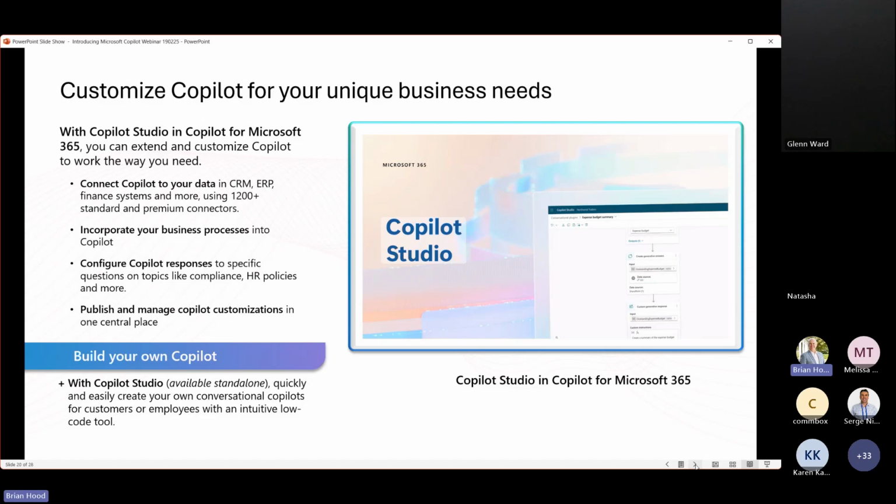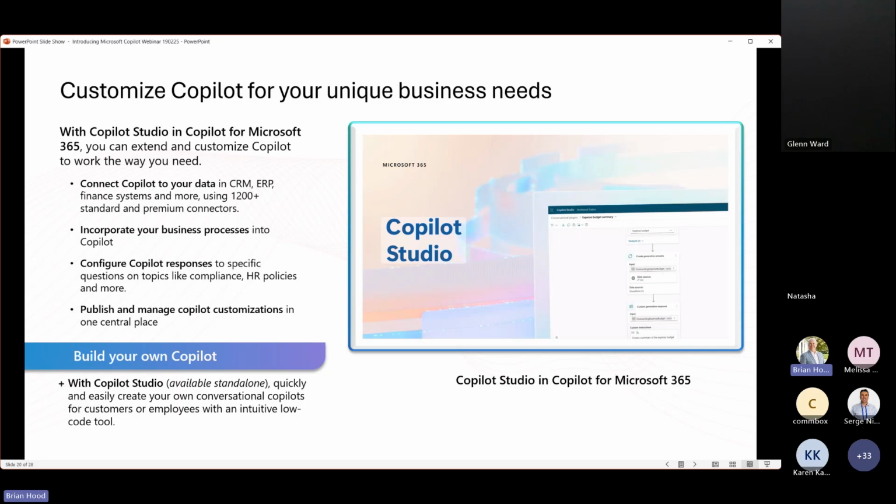So we've got over 1,200 standard and premium connectors to various CRMs and ERP packages out there. And this can incorporate your business processes into Copilot. So with this, you can build your own Copilot specifically to work for your business.